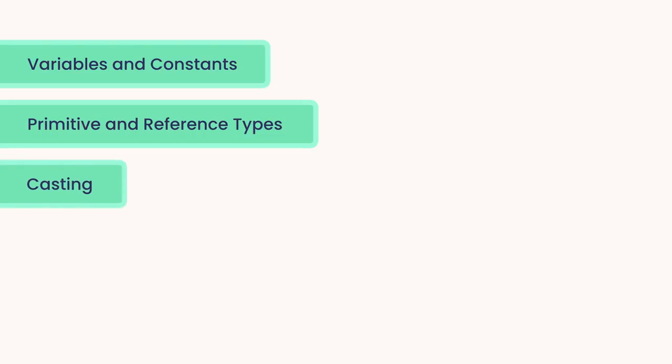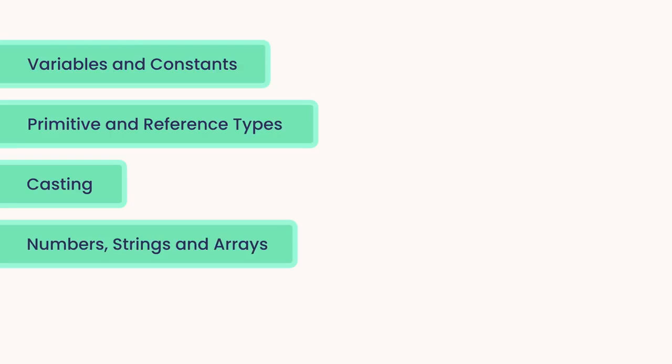You also learn about casting and type conversion. You learn about two types of casting, implicit and explicit. You learn how to work with numbers, strings, and arrays. And finally, you learn how to read input from the terminal. I hope you learned a lot and been enjoying the course so far. In the next section, we're going to look at conditional statements for controlling the flow of our programs. So I will see you in the next section.